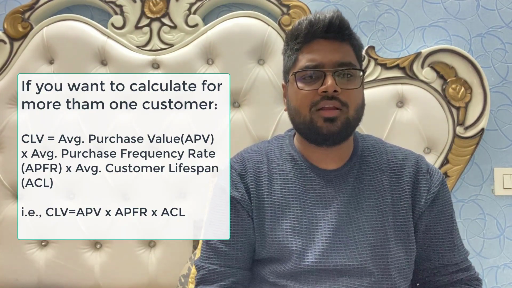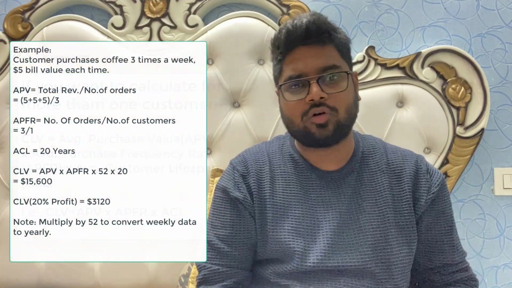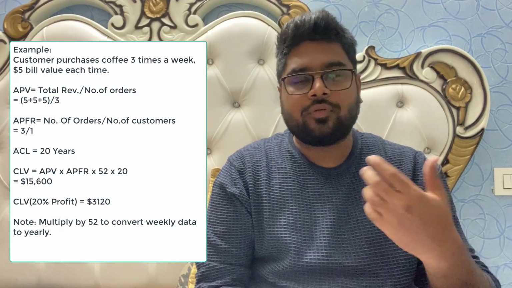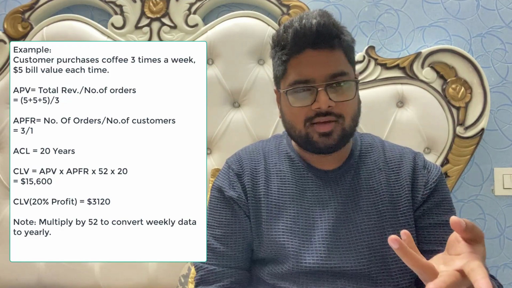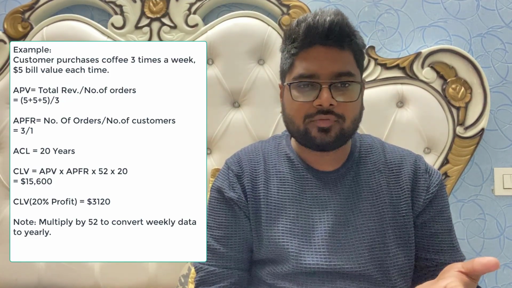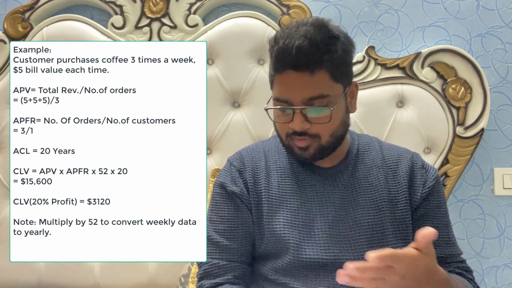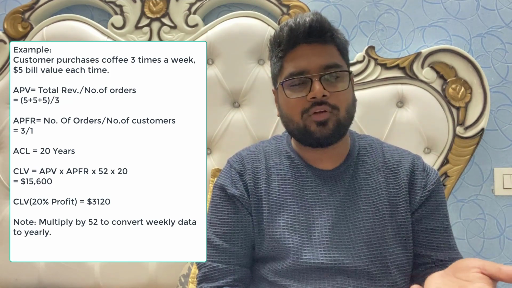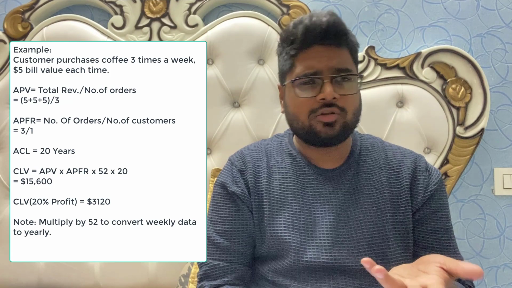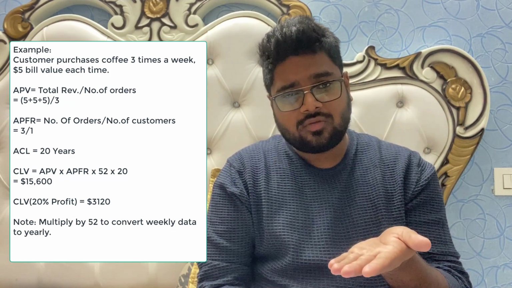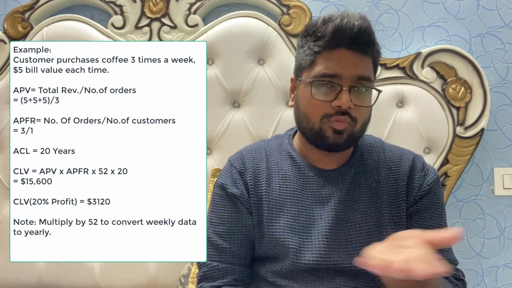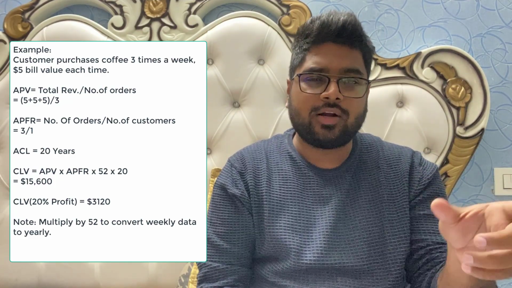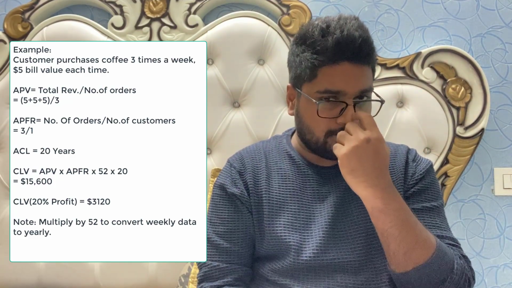let's say there's a coffee shop company, and there's a customer who buys a coffee worth $5, 3 times a week, right? So that means $15 a week. You multiply it by 52, and then let's say the coffee company assumes that the customer stays with them for 20 years. So what will you do? You'll have $15 into 52. So that is 1 year revenue, multiplied by the average lifespan, that's 20 years according to the company, multiplied by 20, and you will get